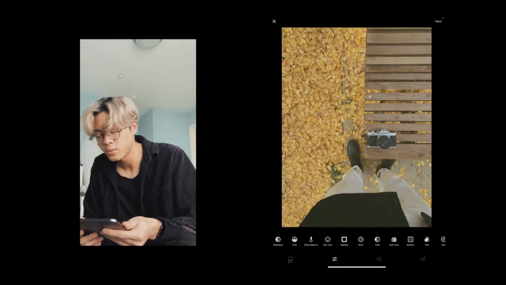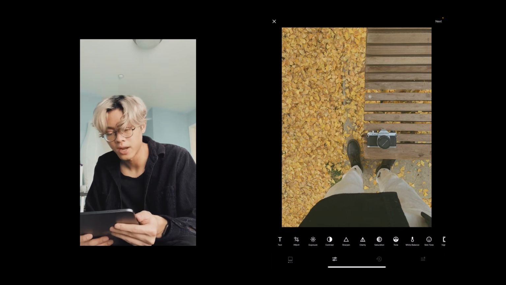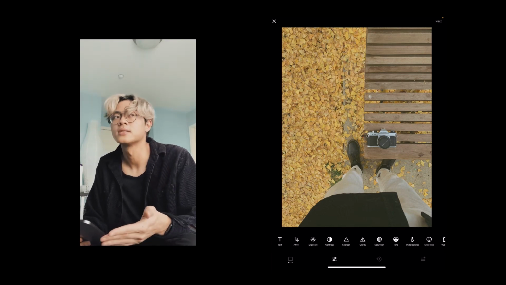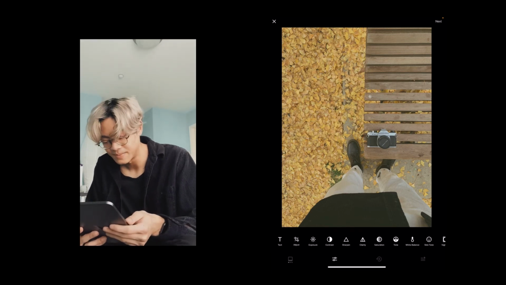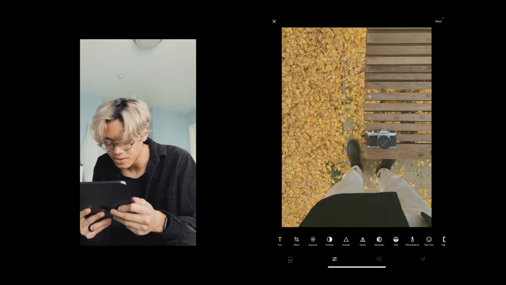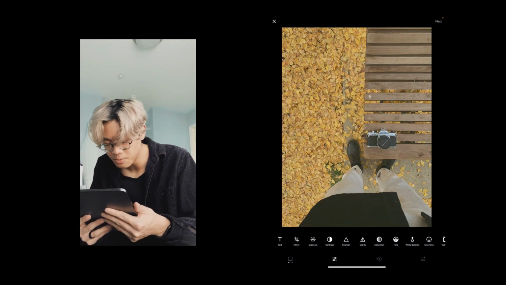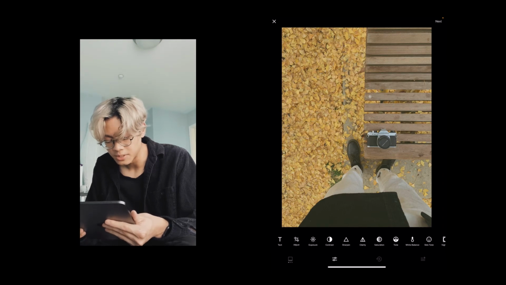But the goal is, again, to understand the way light works. In this case, because the lighting was overcast, I find overcast lighting is the best to shoot on. Also golden hour. But I think just the way this photo looks, it's simple, it's really nice to look at. But just to recap,